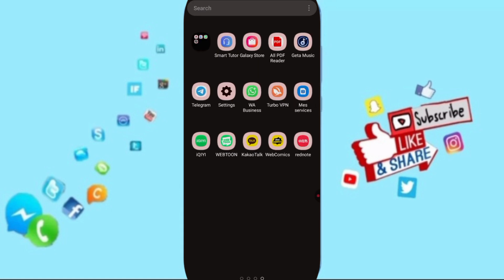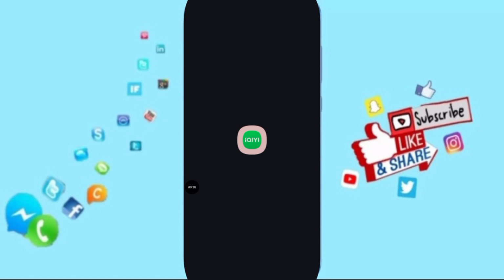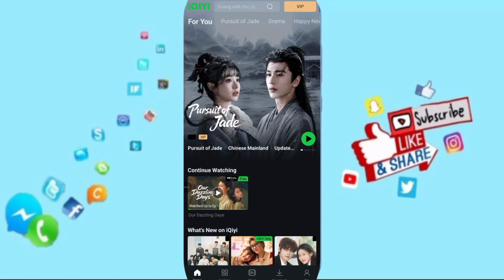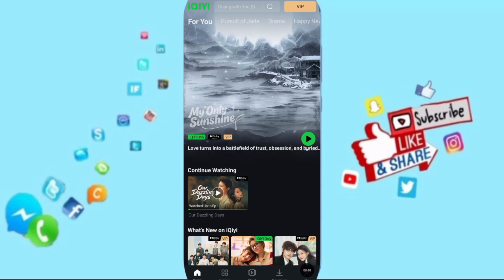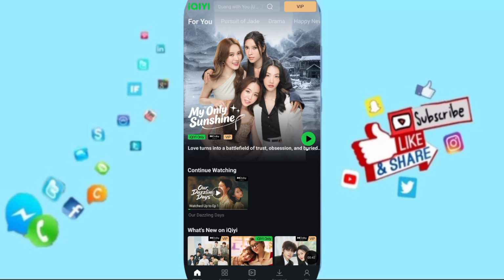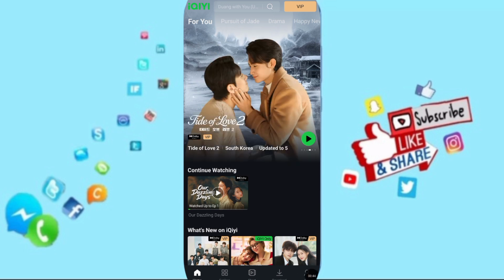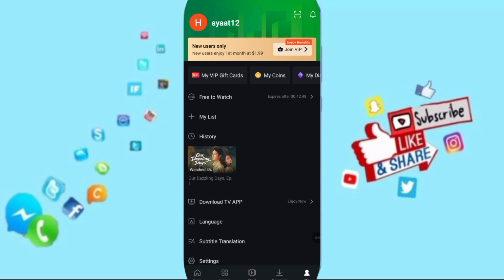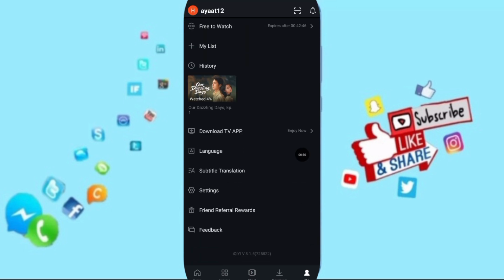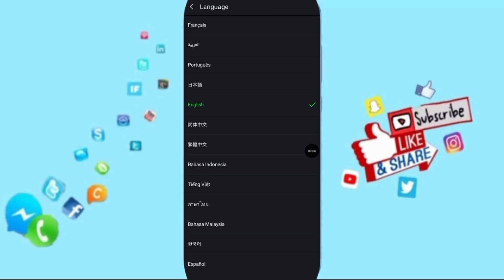The first thing you have to do is to go to the iQIYI app. Then here in this page you will find this sign of me or profile, as you see, so we'll tap here. Then in this list you will find this window of language, so we'll tap on language, and after that here